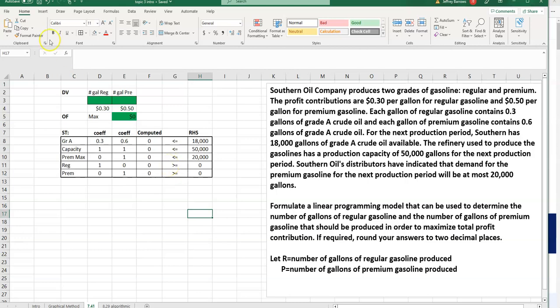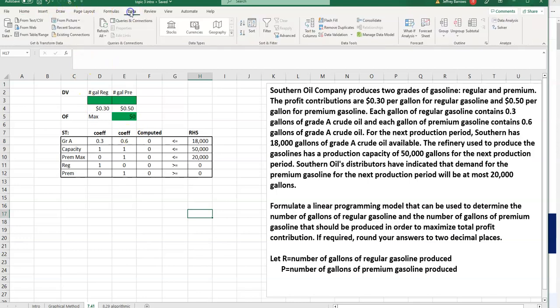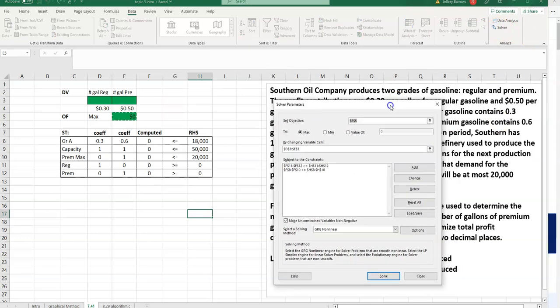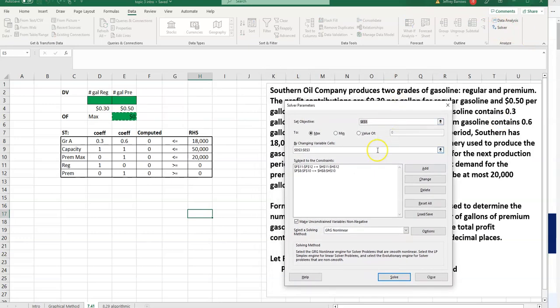The next step here is to put all of this information into Solver. So if I go to the Data tab at the top and go over here to Solver, I have actually already done this for you. The first thing that you are asked to do here is to define the objective function. So all you have to do here, let me just delete that and show you, is click on cell E5, and that way Excel knows to